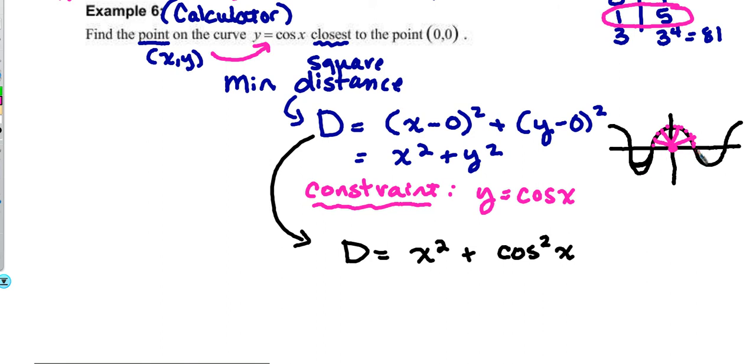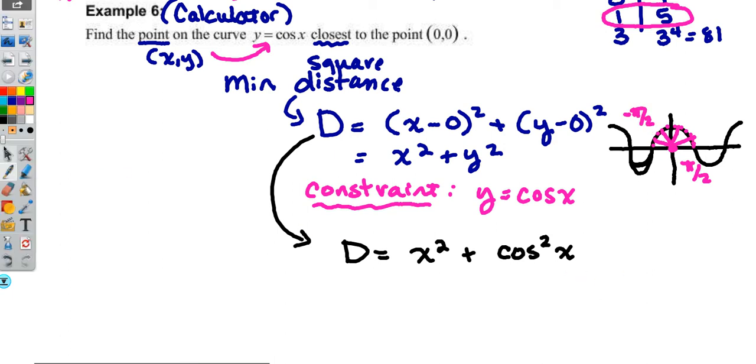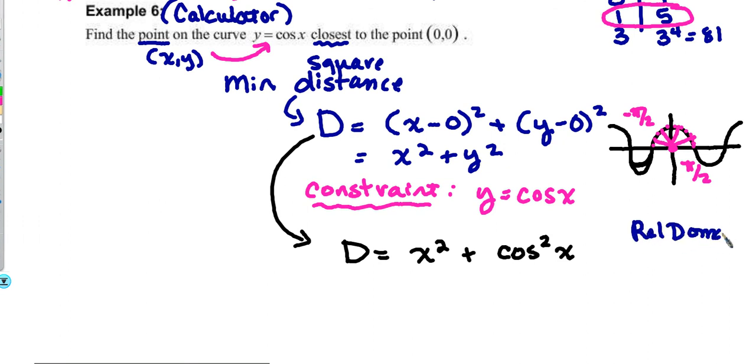So the intersection point of cosine, when it's cosine of x equal to 0, is going to happen at pi over 2 and at negative pi over 2, using our knowledge from trig. So that's going to give me a relevant domain for this problem of negative pi over 2 to pi over 2. And since I see that this is a continuous function, this square distance is the sum of two continuous functions